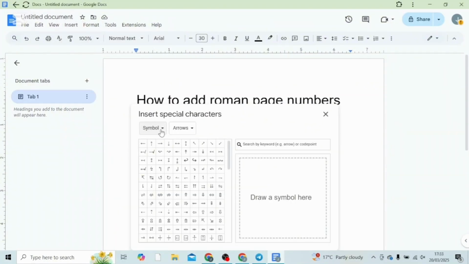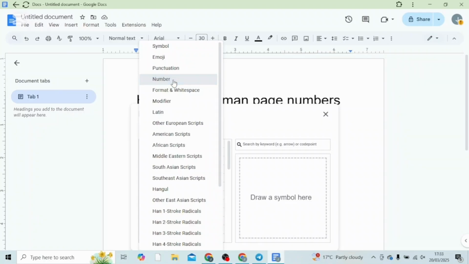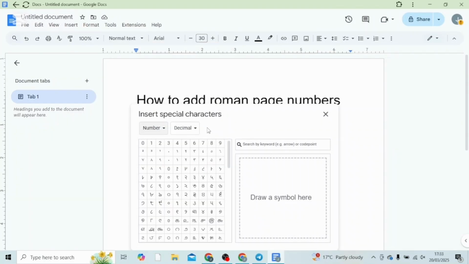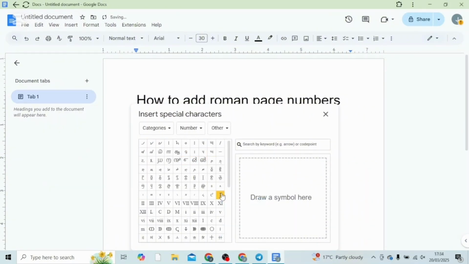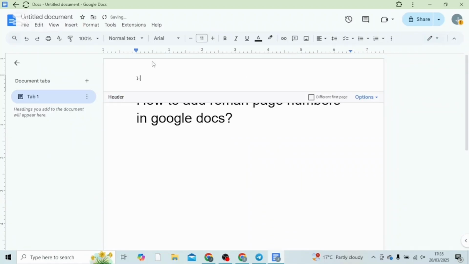After that, from here you can head over to Numbers and click Numbers, and from Numbers select Others, and it gives you this Roman numbers option. So go ahead and select the first option, I, and you can place it on the first page of your